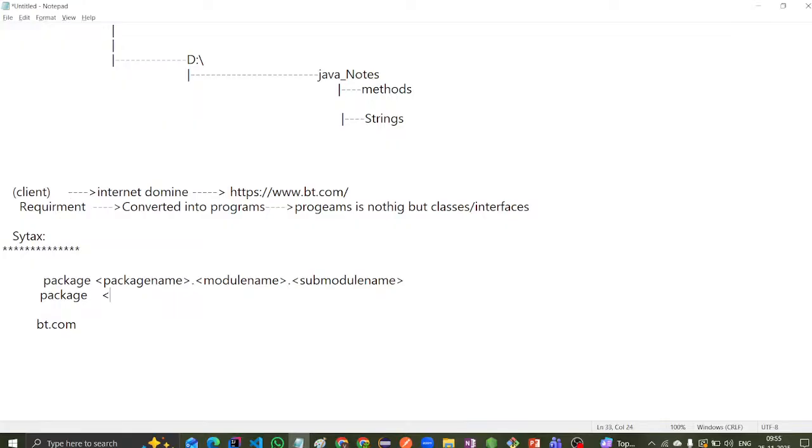So for the package name, let me take something: com, that is the package name, dot module name. I am working in the BT module. Copy. BT dot submodule. Suppose you are working in the service module. Otherwise, you are working in database. Otherwise, you are working in some models. Like that only, the final output is